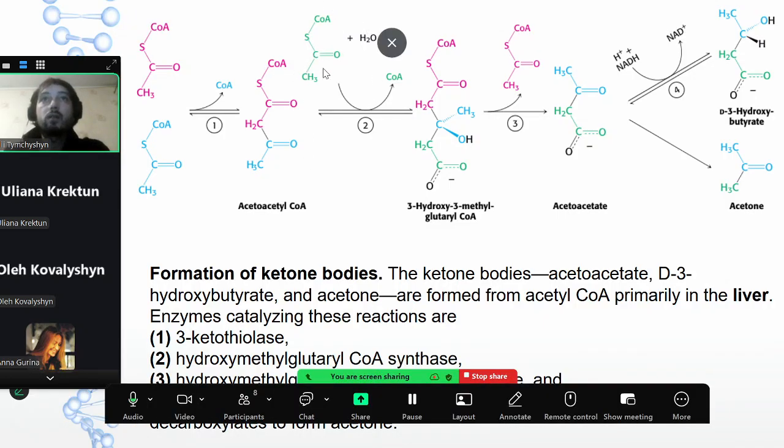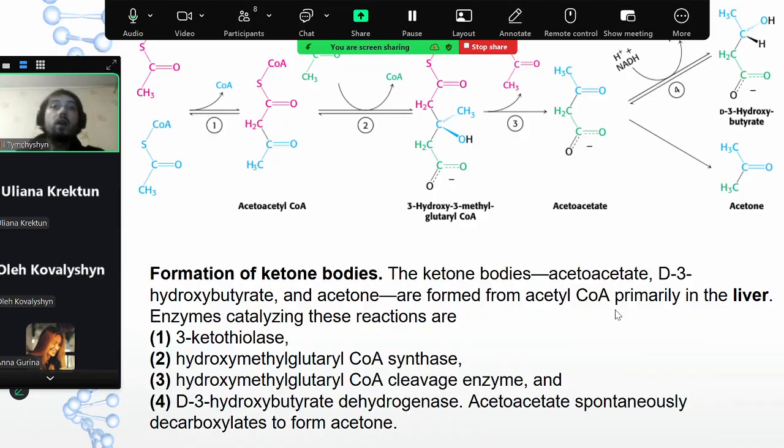Here it is once again some acetyl-CoA, attached to this chemical. You get 3-hydroxy-3-methylglutaryl-CoA, and then through the hydroxymethylglutaryl-CoA cleavage enzyme,